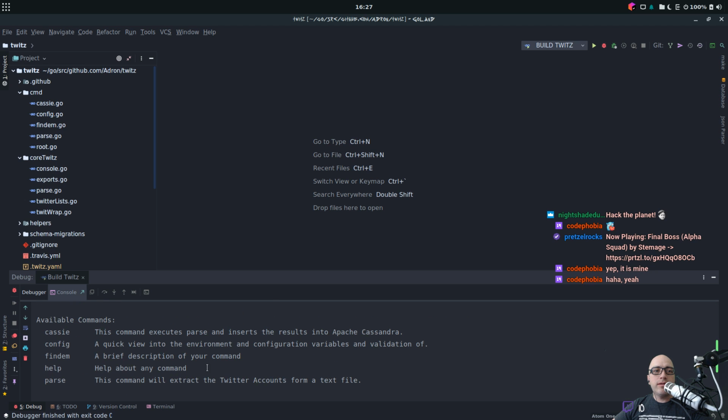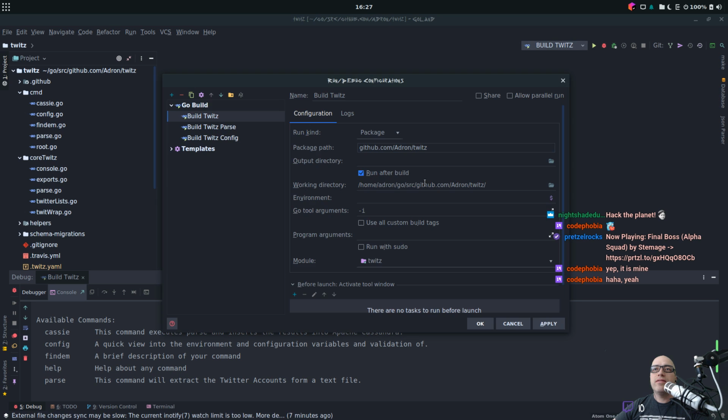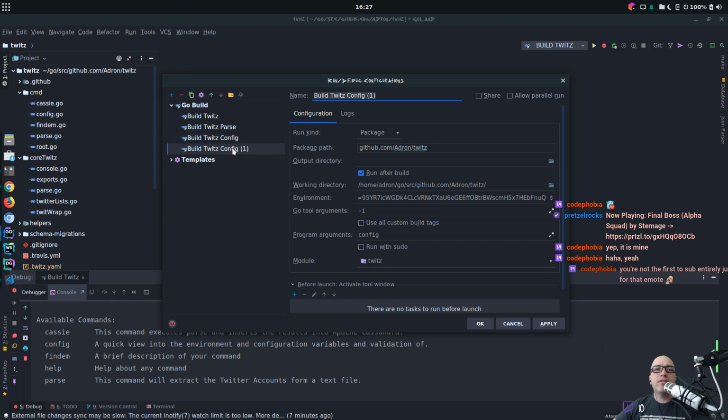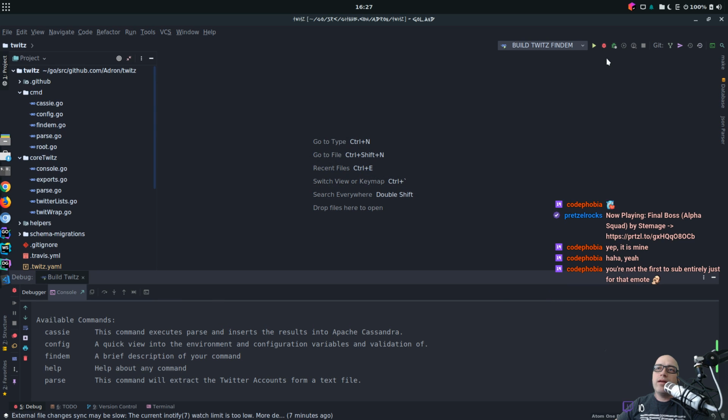All right, so there's that CLI stuff, and I want to add find them. So I added the keys. So I'm gonna do another one and copy this since it has those keys in there now. And it's just doing the build, and then it executes Twitz find them like that. Change config to find them. Theoretically,